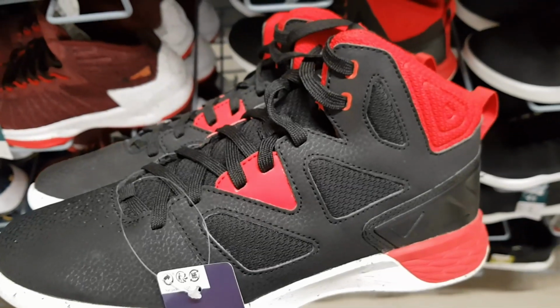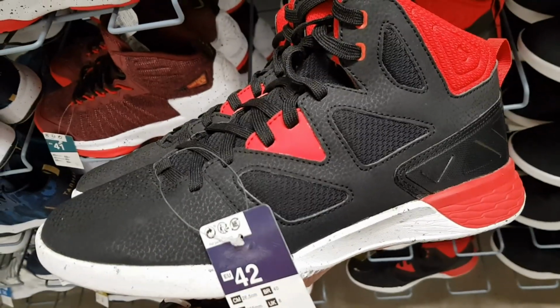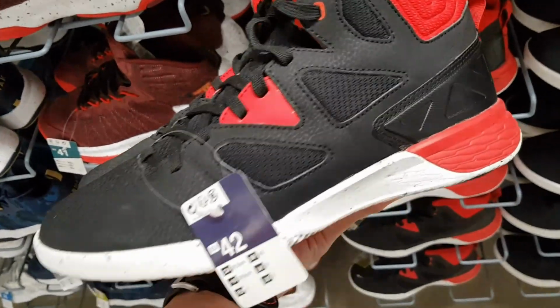So we get to the part where, theoretically, if I were to pick up any of the 3 sneakers, I'd pick up the 1,600 pair, the D-Rose lookalike pair, the sneaker that doesn't have a name, because it's in the middle. You know, I couldn't quite trust the 1,000 peso sneaker. By the way, if I were to buy any of these sneakers, I'm going to use these on an outdoor concrete court, so it's going to get banged around, and I need a sturdy outsole for the court here in our village, and I don't think the 1,000 peso